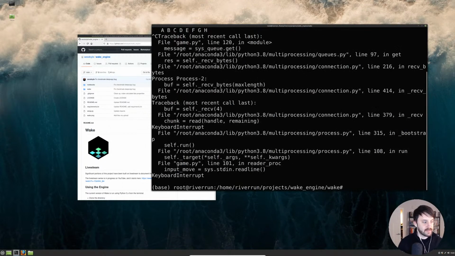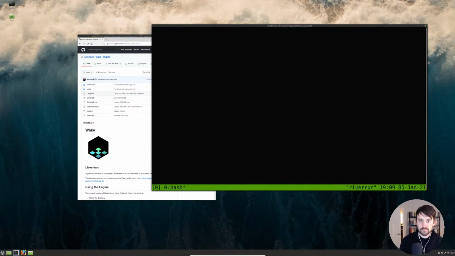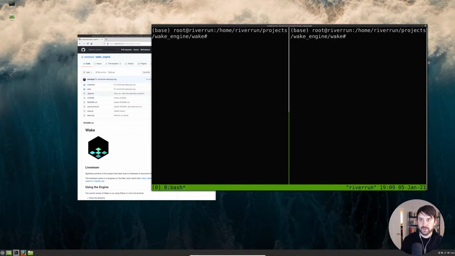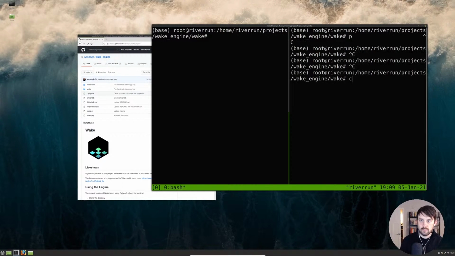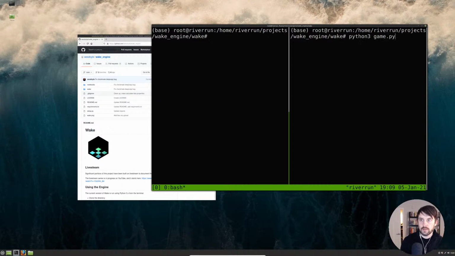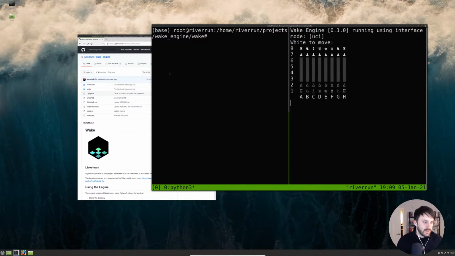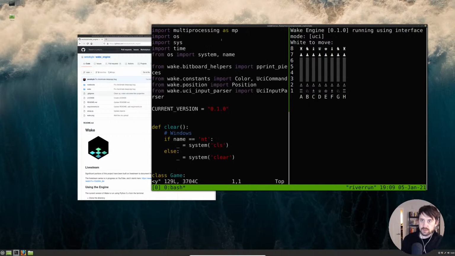Okay, so a couple of things since we've left. For one thing, I am now running, let's run this in tmux, by the way. And I'll just keep this open on the left side. Python 3. So I'm actually multiprocessing now. And I think what I want to work on today is more related to multiprocessing. So right now, let's take a look at the code. Game.py is what got the most work.